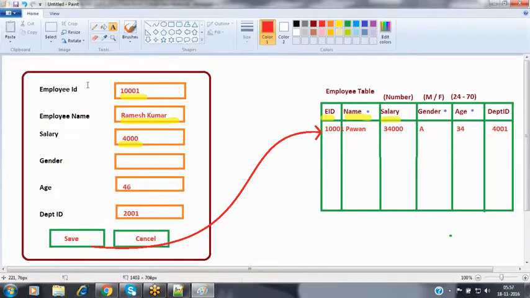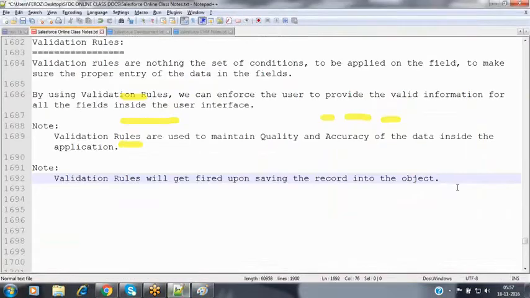Not only at the time of creating a new record, but also at the time of modifying an existing record, after modifying the data, when you click on the save button, validation rules will automatically be fired. So not only at the time of creation, but at the time of modification also.